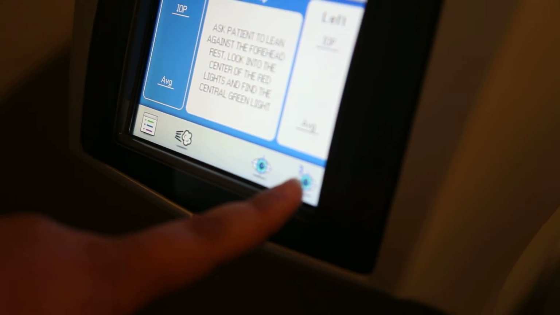Now, if a patient gets pressure numbers that are above 20 in each eye, you will want to redo the test one more time in each eye, and if they're still getting a high number, you will select this eyeball button with a 3 next to it, and that